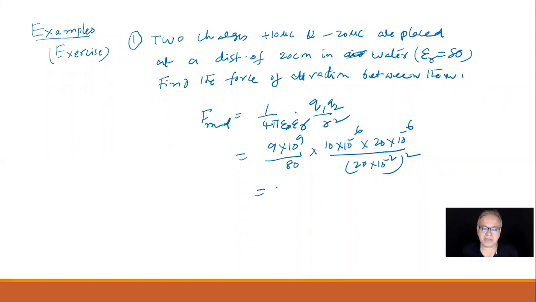See, why I've done even the simple problem like the substitution is, I want to tell you that unless you write the force in vector form, you'll never carry the signs of the charge, simply the magnitude. And of course, since they are plus and minus, we say it is attractive force. All right. So tell me how much is this? Quickly calculate it and tell me. I'm not doing the calculation for you. You need to do it for yourself and fast.